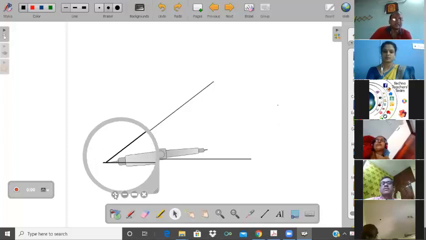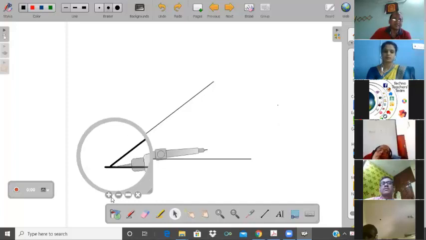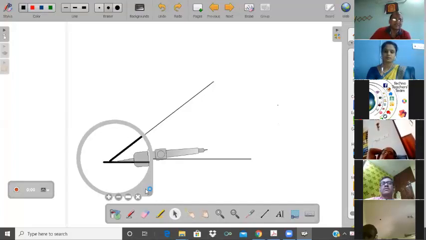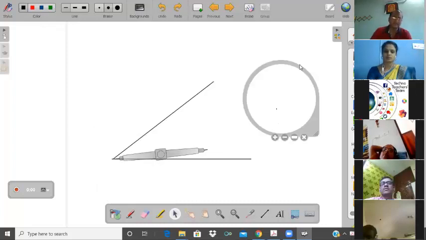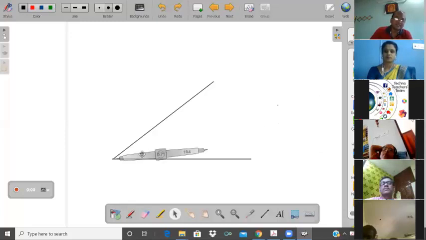If you enlarge it by clicking plus, you can see clearly what happened there. If you reduce it, so for this purpose it is useful for us. Now, assume I placed it in the correct place.